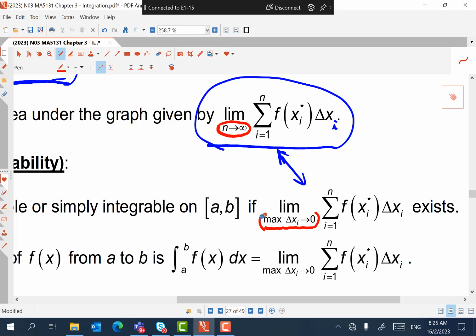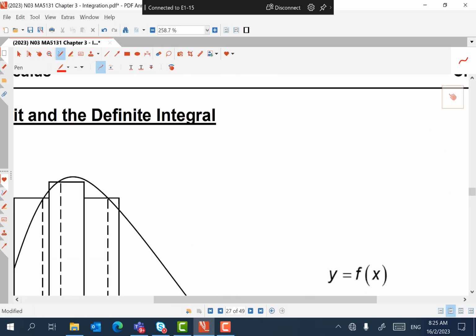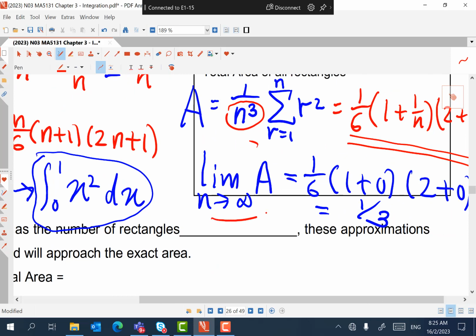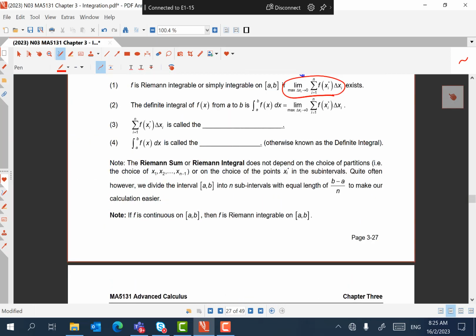Okay. Alright. So I want you to see that this expression is the equivalent of the limit as n goes to infinity for A in the earlier slide. If I have to move, okay, focus on this red bubble. I'm going to push up a bit to make you recall this other one. It's the same, no? It's the same as this expression. Same in meaning. In this easy example, when n goes to infinity, the widths of all the rectangles do diminish to nothing. Likewise, in this more general instance,